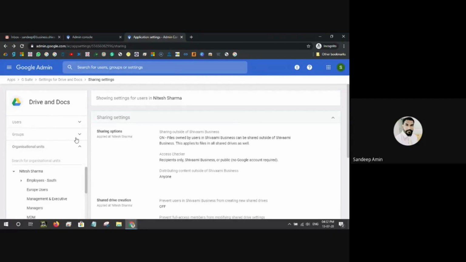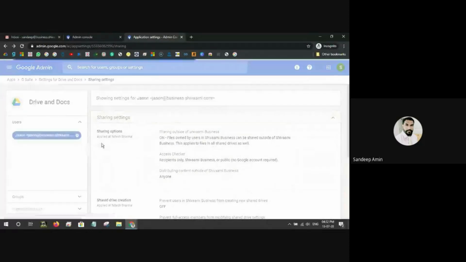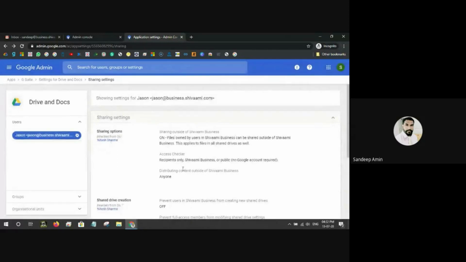And user wise also, you can select, and you can see whether there is a certain set of users to whom only you want to block external sharing. So this is something that you can come and add here, right? Like, see, sharing outside your domain, sharing outside Great Lakes learning.com, like this it will be shown. And now currently it is on. So on means he can share, the moment you click here and you turn it off,